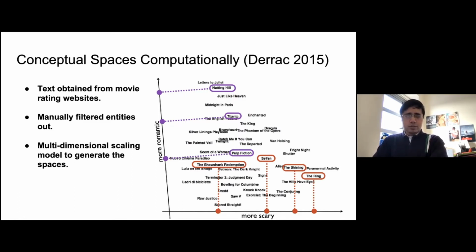For instance, people used domain-specific documents from movies and tried to model conceptual spaces for movies. As we go along a particular direction, known as more scary, the movies get more and more scary. For instance, The Ring is scarier than The Shawshank Redemption. Very remarkable properties are captured by these conceptual spaces.